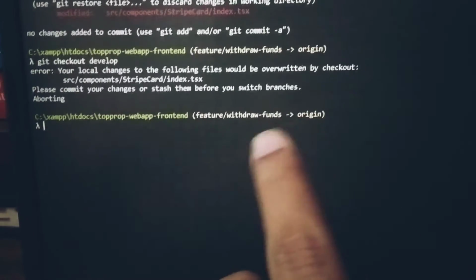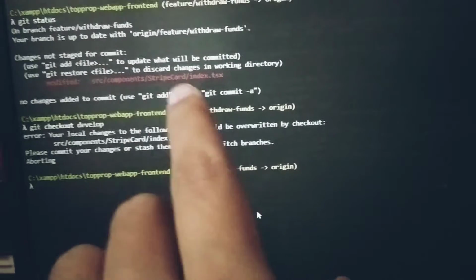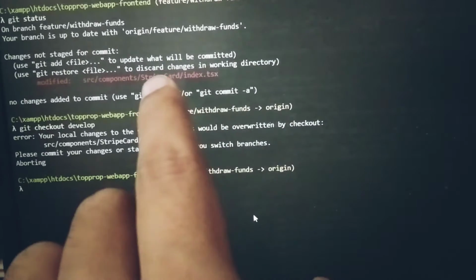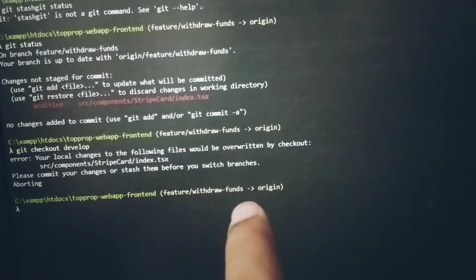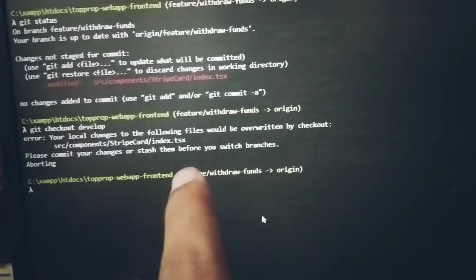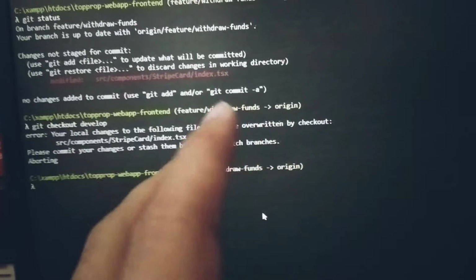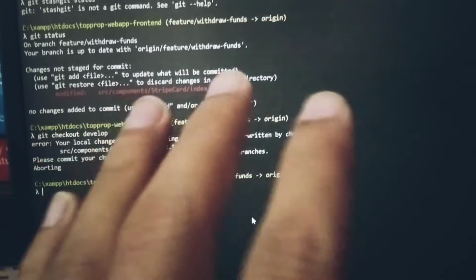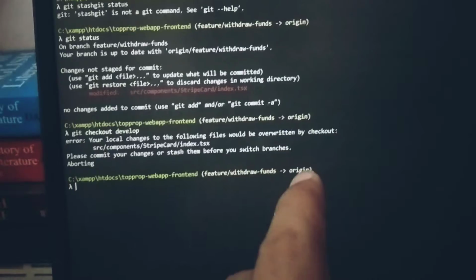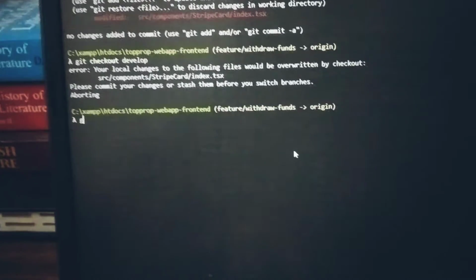Well, git won't allow you to check out develop because there are uncommitted changes in the current branch. So you either have to reset the changes or commit the changes and then check out. But you don't want to commit the changes yet, because the feature that you are working on is not complete yet, and you might be experimenting with certain stuff. So you want to keep the changes, but you do not want to commit them either, but you also want to work on the new bug fix. Am I making sense? Anyway, what you can do is just do git stash,